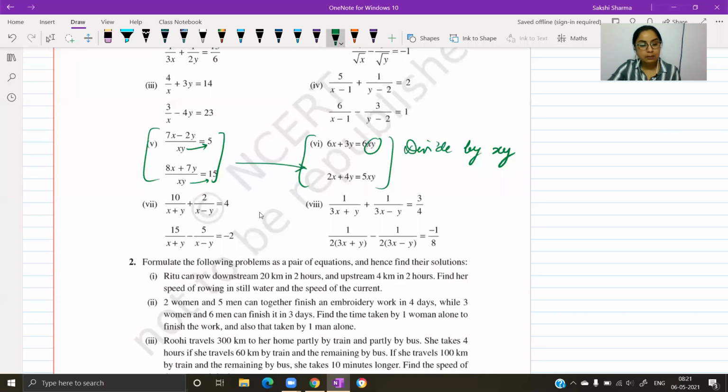Just as you separated the denominator on the left hand side in the fifth part, to do so you want something on the left hand side in the denominator, and we don't want xy on the right hand side. So we are going to divide by xy throughout our equation and then separate the denominator on the left hand side, in order to make our equations similar to the ones we've been working with. Later on we can replace the fractional parts with new variables in order to obtain a pair of linear equations, and then we can solve them.